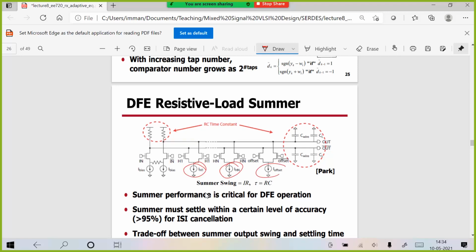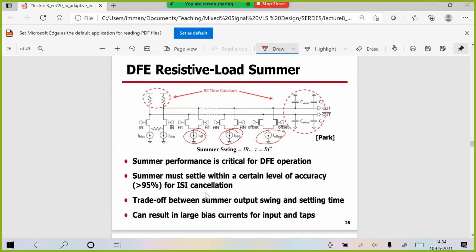And then of course this is an offset cancellation thing to cancel out the offset. Okay, so the weighting is done by current scaling, right? Addition is done in the current domain, right? It is kind of looking like your Gilbert cell mixer, or the current steering DAC that you have studied. So scaling is done by scaling currents, and addition is done by doing current addition. The bit and bit bar basically steers the current either to the positive side or the negative side.